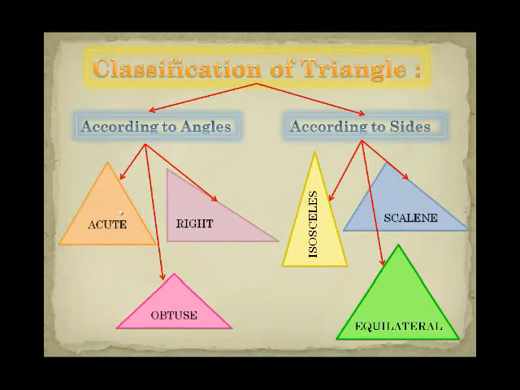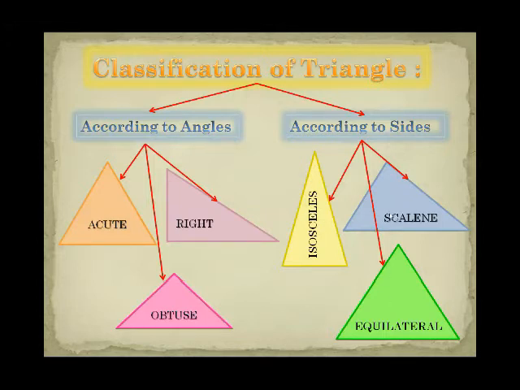Now the third case is that if all the three angles are acute angles, it means that all the three angles of a triangle are less than 90 degrees. So we say that triangle is called an acute angle triangle. Why is it called that? Because all the three angles are acute. Now students, we move towards the classification of triangles according to these sides. First one is isosceles triangle, the second one is scalene, and the third one is the equilateral triangle.